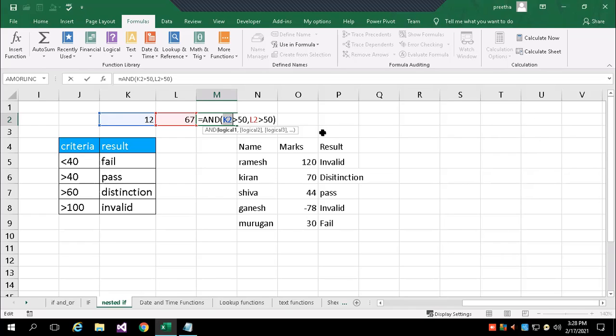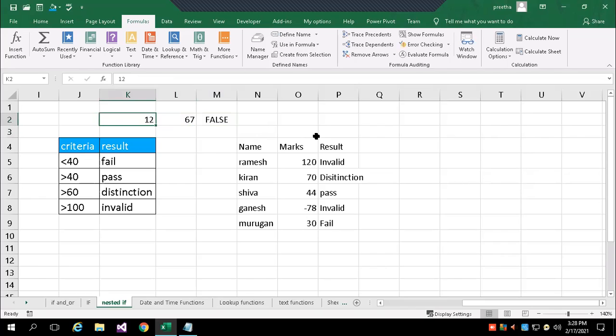So right now, K2 greater than 50 means false. K2 is what? 12. So 12 is not greater than 50. So it is false. If any one of the logical tests is not satisfied, it returns false.